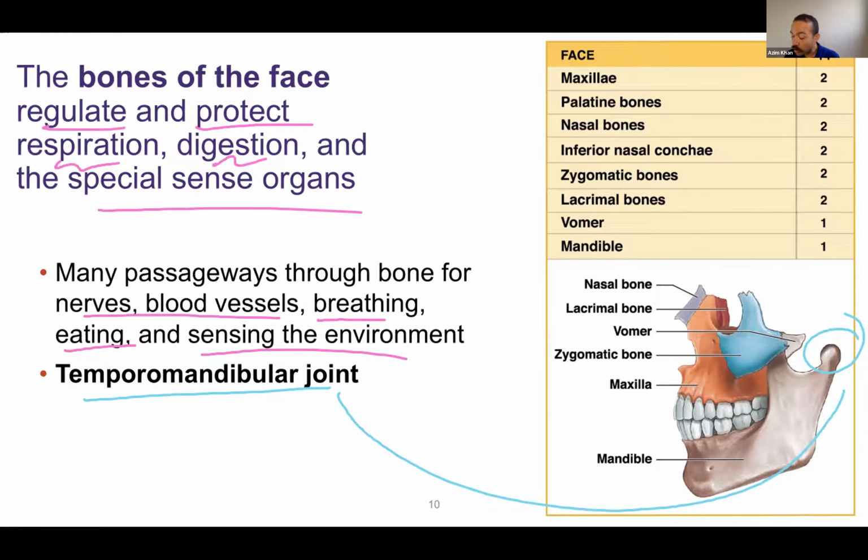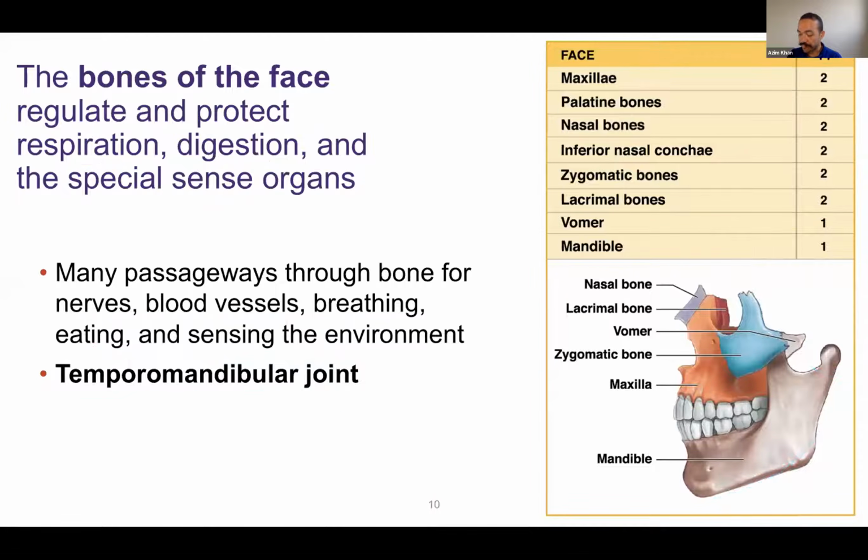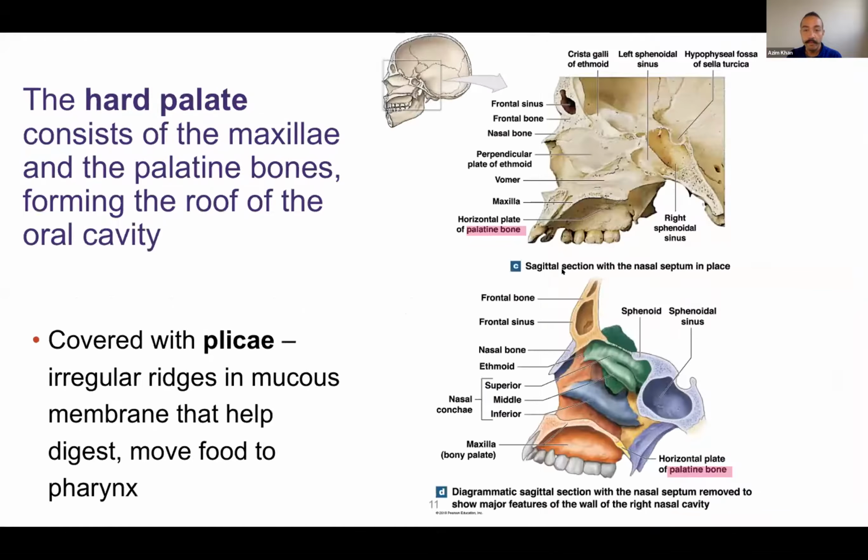There are a total of 14 bones of the face. Many of them come in pairs. The vomer and the mandible are the only ones that are unpaired. There's only one of each. So we'll take a look at each one of these as we go through. What will help you in memorizing all these different bones is grouping them into different groups based on their function and location. So this first group,